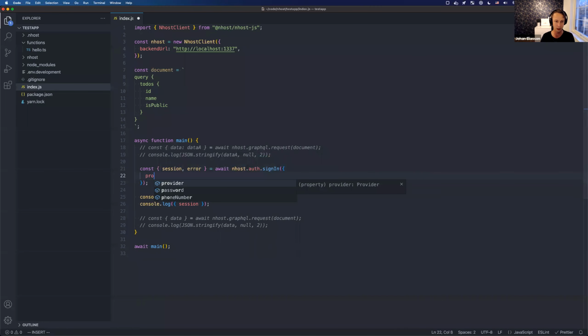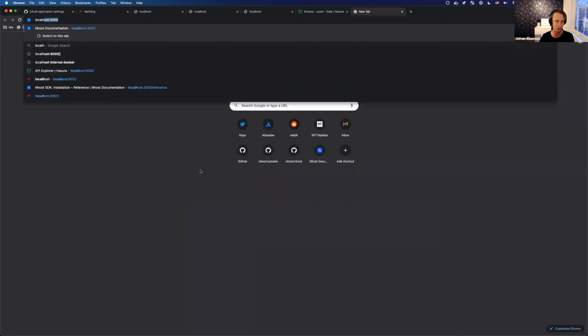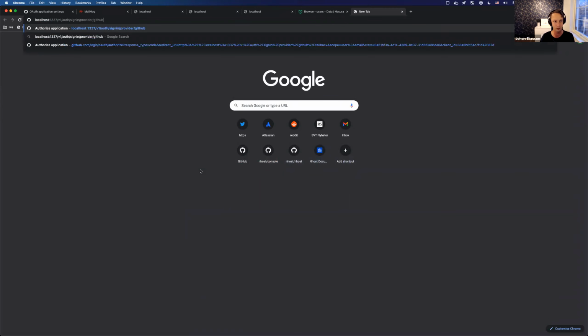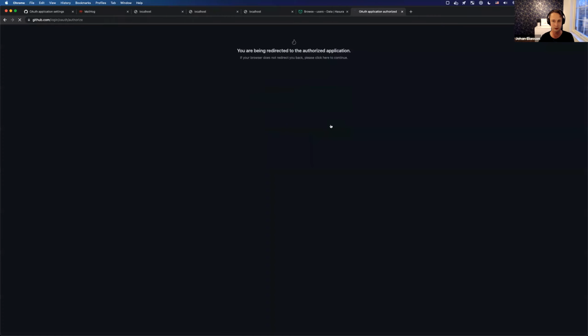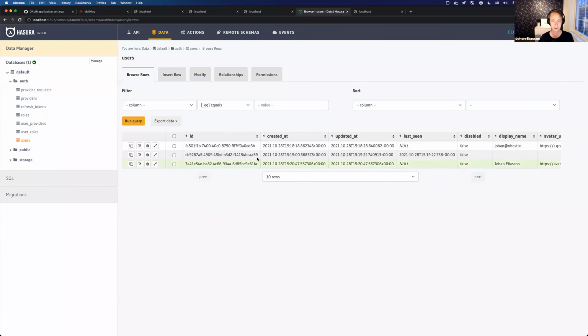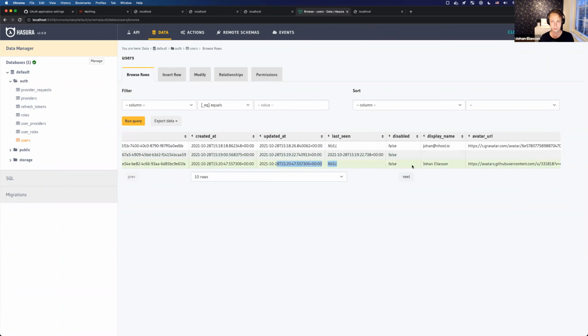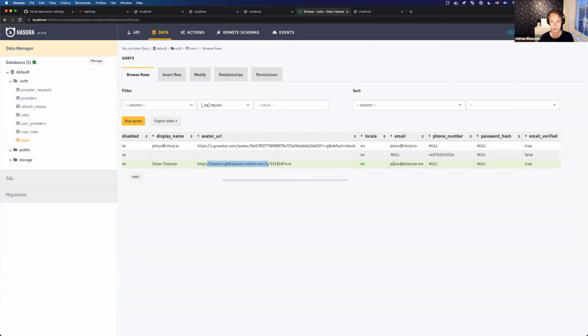All right, and so the last sign-in method that we also have is using providers. A provider could be GitHub, for example. Now this will not work server side, because if you use this in your front-end application, it will redirect the user to the correct links. But I will just do it manually, and it will go to 1337, auth sign in provider GitHub, and I would have to authorize, and I would come back and automatically be signed in. And if we go to the users table here, we grab the display name from GitHub, the avatar URL from GitHub, and the email address from GitHub. So everything is pre-filled in here.